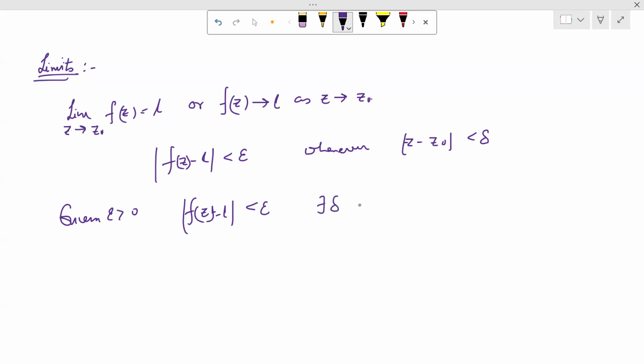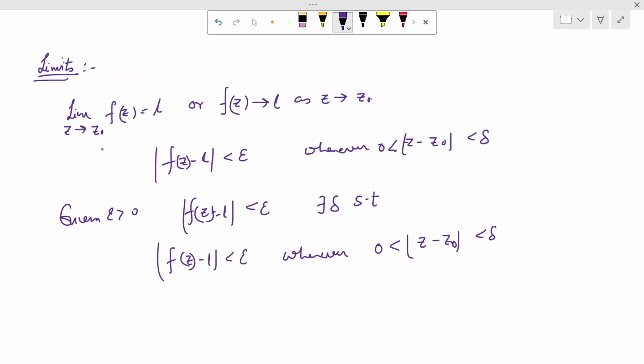So I'll produce a delta such that |f(z) - L| < epsilon whenever |z - z0| < delta, and for right reasons, I will also make it greater than 0. Why greater than 0? Because there may be a possibility that the function may not be defined at z0, and therefore we are finding the